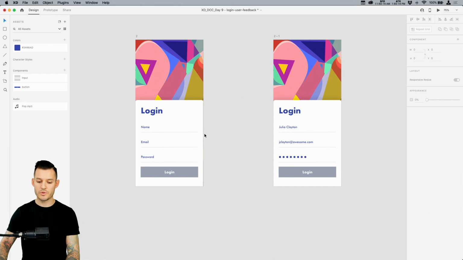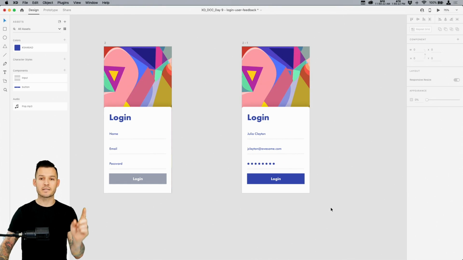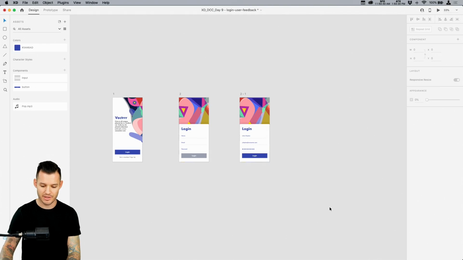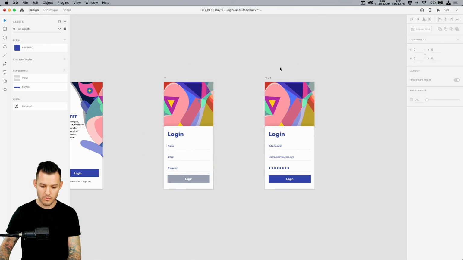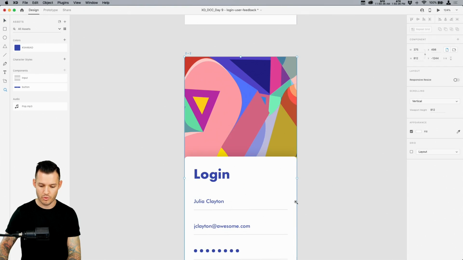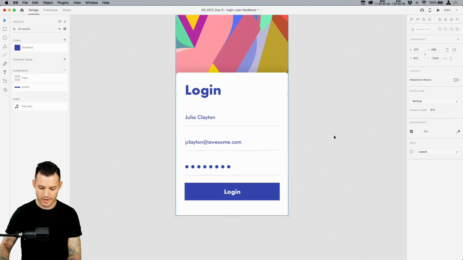So now the user has inputted their information. This should now actually be active, shouldn't it? Our button, it should be, hey, you're ready to get going, but we need an error state. Oh, somebody said Alt-8 or Option 8 to do those interpunct or center dots, I believe is what they're called. Let's do one more version of this. Let's do an error version of this, okay? Because that's always important when we're doing UX. We want to think about all of those different states, okay?